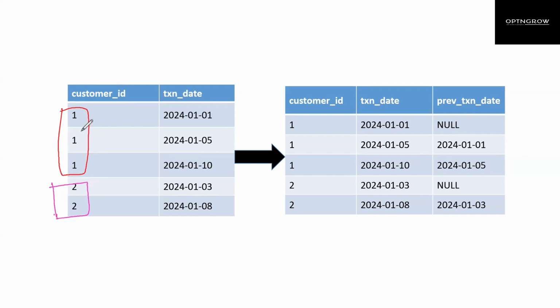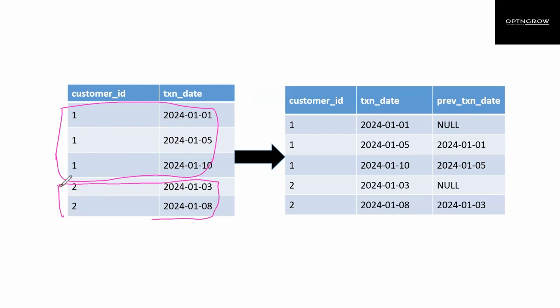The next thing I'm going to do is order by my transaction date. Right now it is already in ascending order, that's fine, but if you do not have ascending order, it's always better to order by the transaction date. So you're sorting your data like this, like this. Now, once you have got the window, this is your first window and this is your second window. Then you're going to run the lag function over this window that you have created. It will automatically capture the previous date.